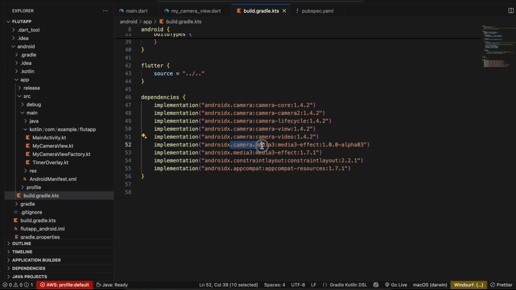Then Android camera Media3 effect, which is still in alpha at the time of me recording this video, but if it does become stable, make sure you use the stable version. Then here we have this Media3 effect as well. Then here we have constraint layout, and we also added this app compact resources, because when trying to overlay an